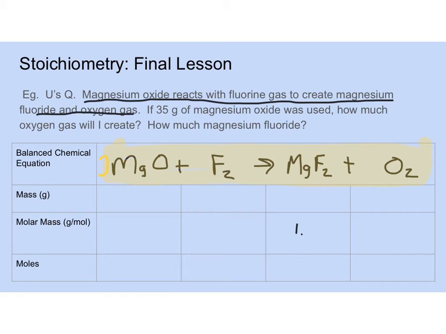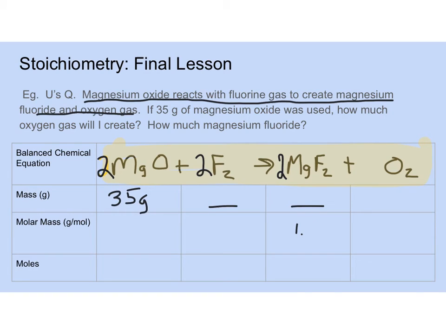Let me pick a better color. Put a 2 there. That's going to throw off my magnesium, so I'm going to have to put a 2 there. It's going to throw off my fluorines. If I put a 2 there, I'm thinking everything's balanced now. I've got 2 magnesiums, 2 magnesiums, 2 oxygens, 2 oxygens, 4 fluorines, 4 fluorines. Okay, now everything's balanced. Now it says if 35 grams of magnesium oxide, so here's my 35 grams,